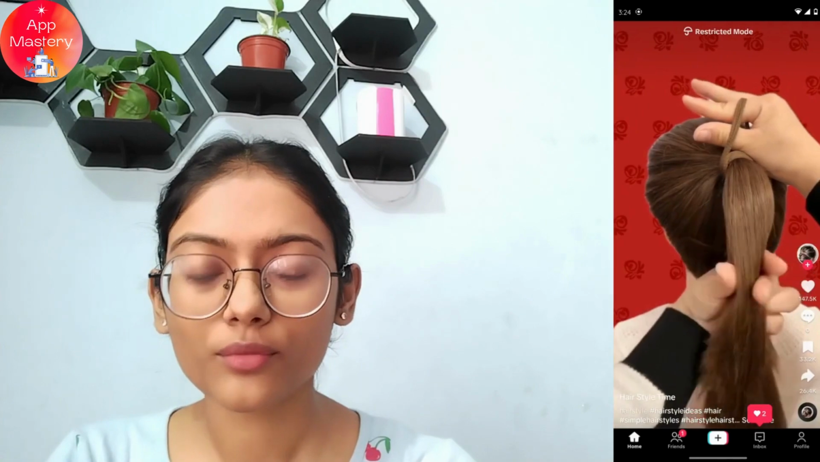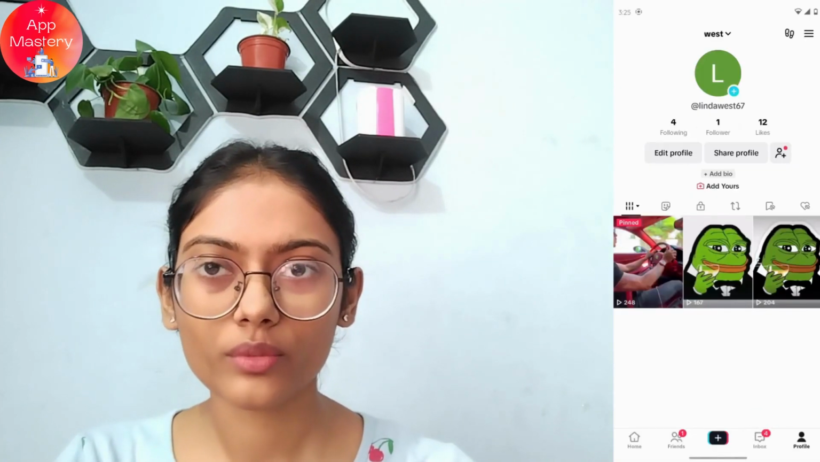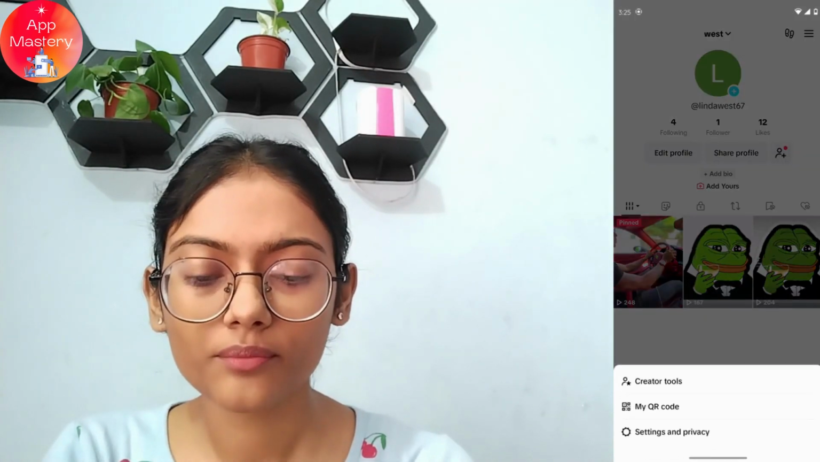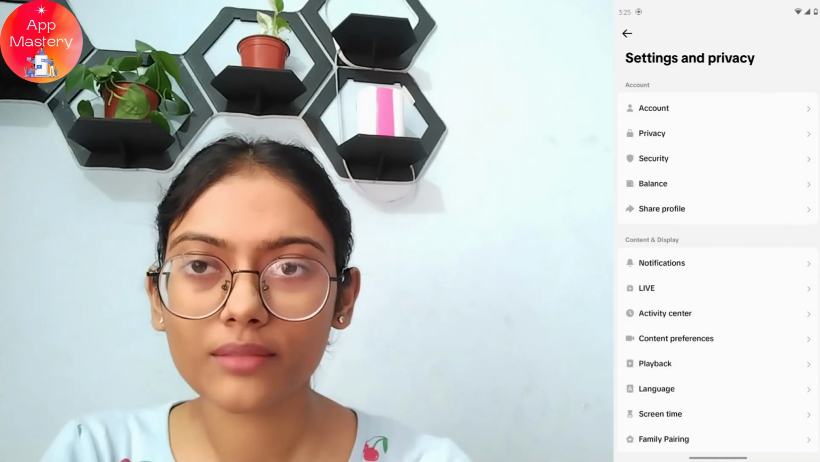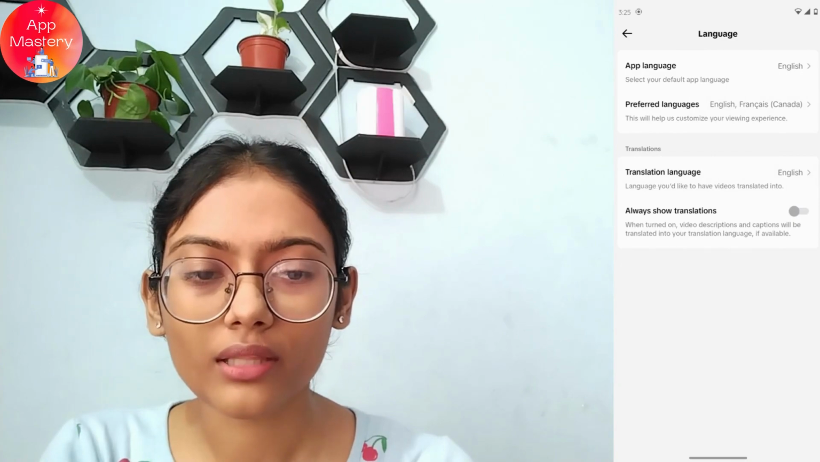and then you can go for profile, which is on the bottom right, and then go for the upper right corner, which has that three-barred icon, and go for settings and privacy. And here you can simply go for languages under your content and display, and then you can choose preferred language,